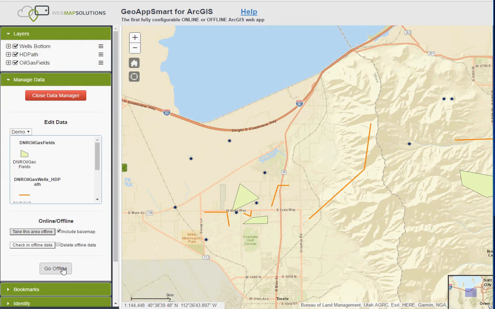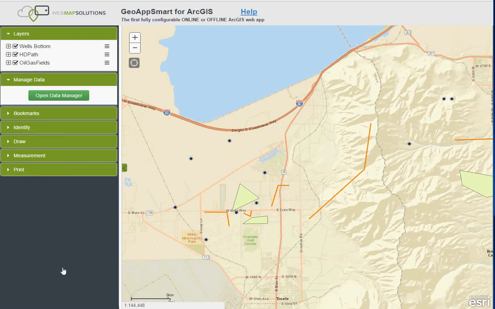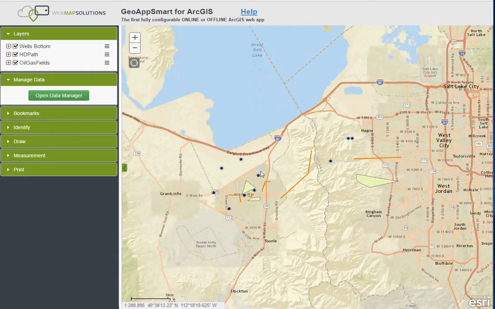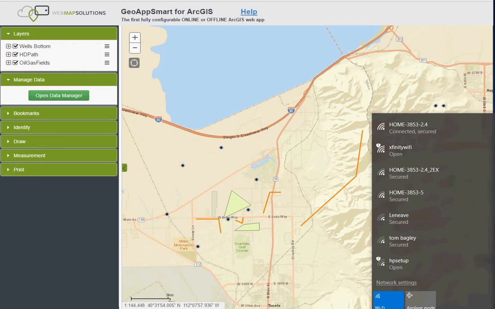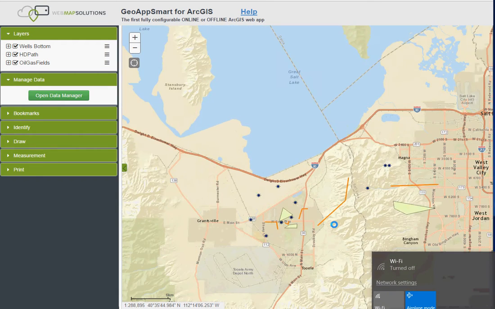With that done, we're going to just click on this offline button in the left corner here. You'll notice the application loads. We're now fully offline. Before I go further, let me just set my application to offline mode. So we're now fully offline. I've disconnected my device from wireless here. So let's just move back,